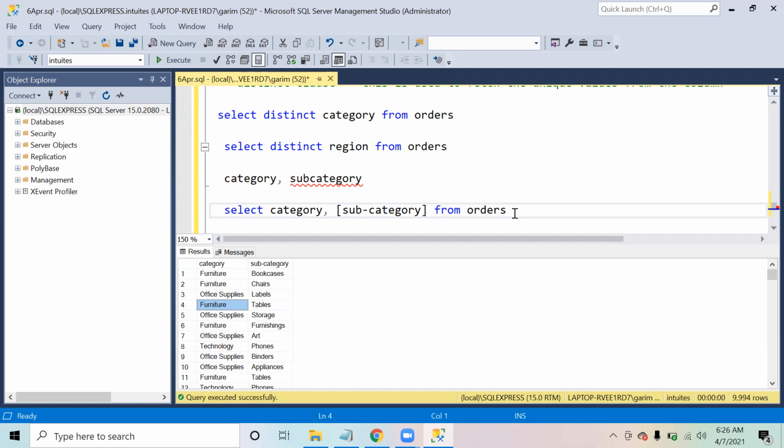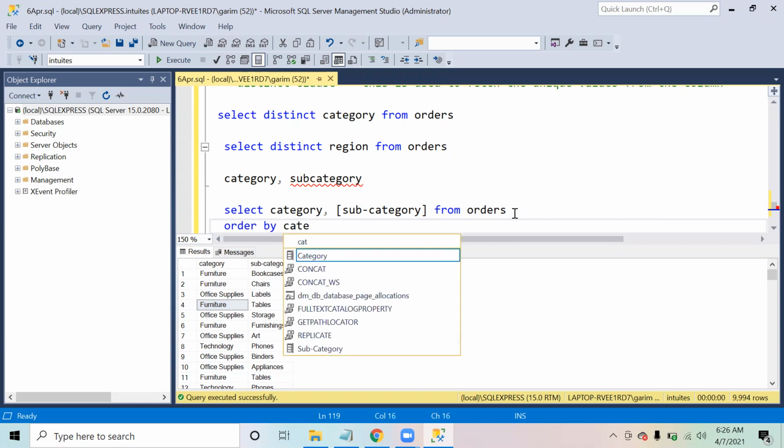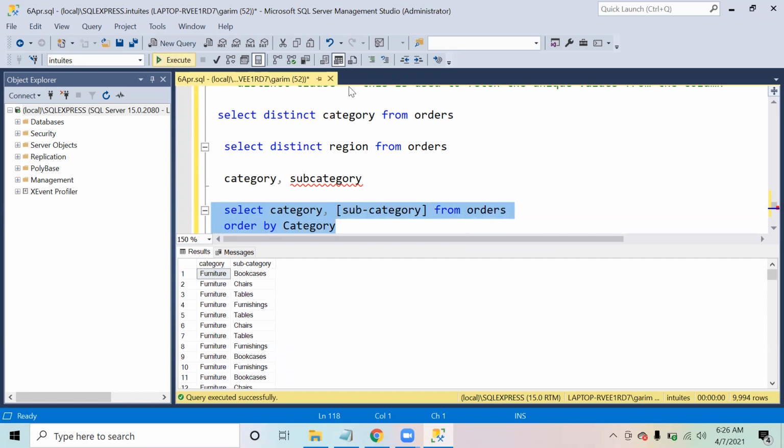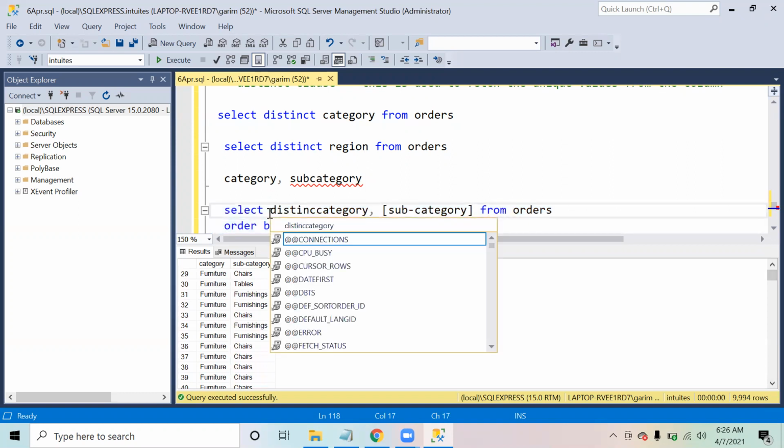So what I can do over here is simply write the next clause. The output that I'm getting should be order by category, right? I want to sort this data by category. So this data will now get sorted on the basis of this column. If I run this now, oops, sorry, I need to use distinct over here.